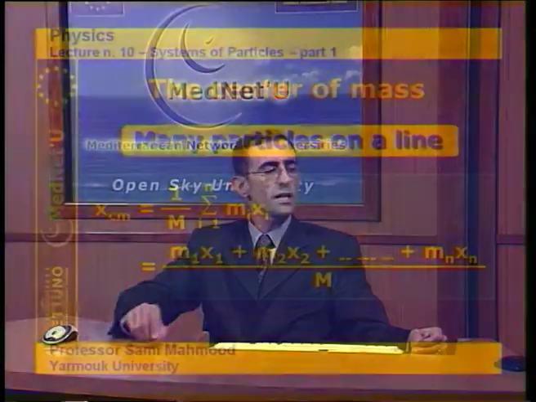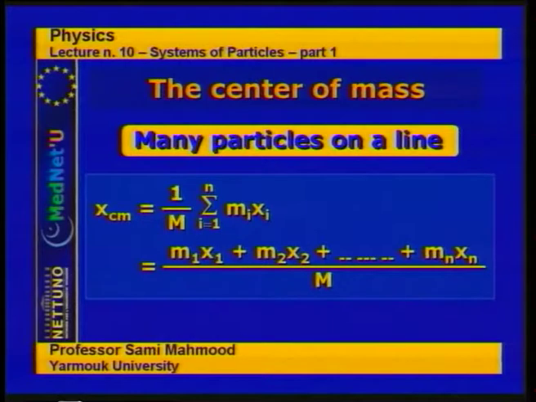Now, what if we have not only one particle, but several particles? First, we consider the case of several particles arranged along a straight line in order to be able to use the definition we have adapted for two particles. In this case, if we call this straight line the x-axis, just for convenience, then the center of mass for all the particles arranged on the x-axis